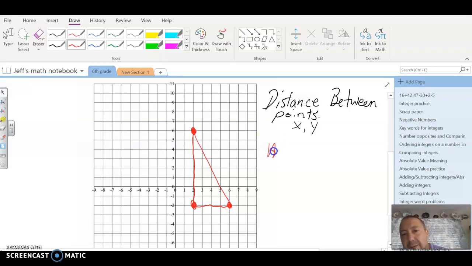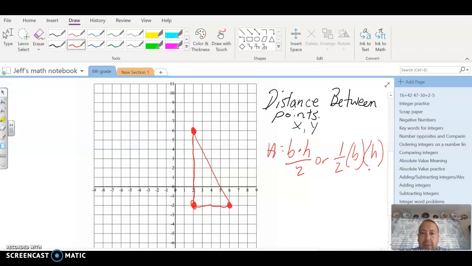So remember, our area for a triangle is base times height divided by 2, or 1/2 the base times the height. We can use either formula. So let's check out our triangle here. So we need a base and we need a height. We have to remember that the base makes a right angle with the height. So if I'm looking at this particular triangle, we can notice that we have a right angle right in this corner, which then we can quickly identify the